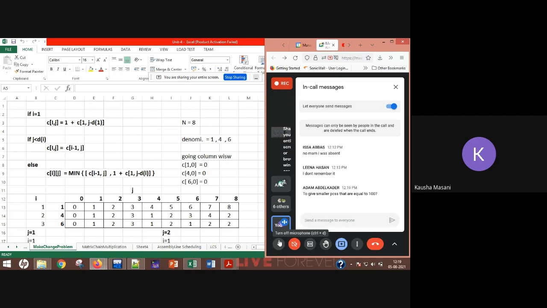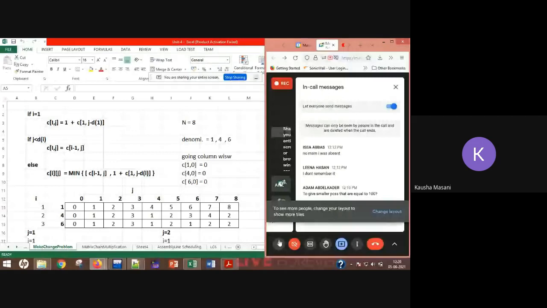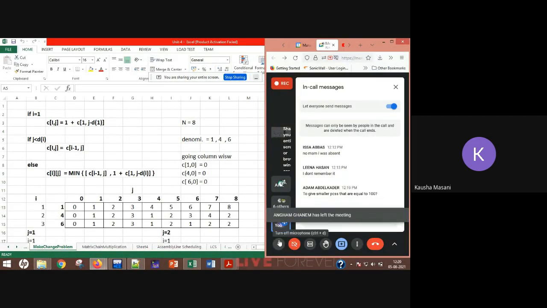Correct. To give smaller currencies, and if I add them, they will be equal to my currency 100. Okay, so that is what we are doing here in the make change problem.